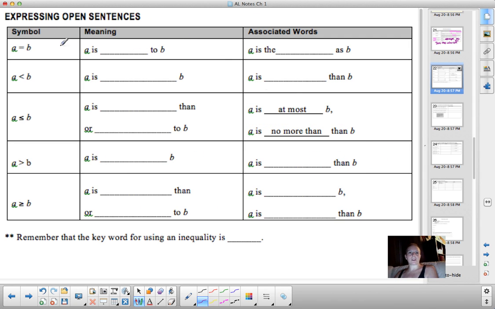All right, expressing open sentences. The meaning and the associated words. Think of this as meaning, as in what do you think when you see a symbol? And think of this column as your verbal expressions. Your verbal expressions. So when we look at this, we're looking at,